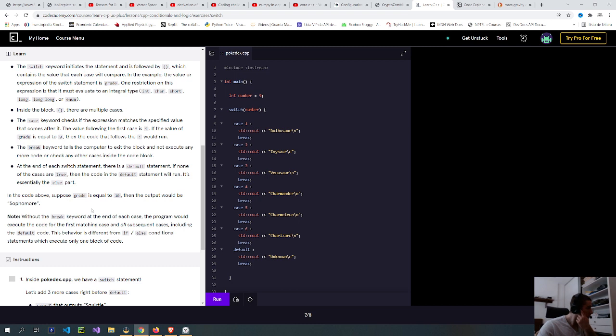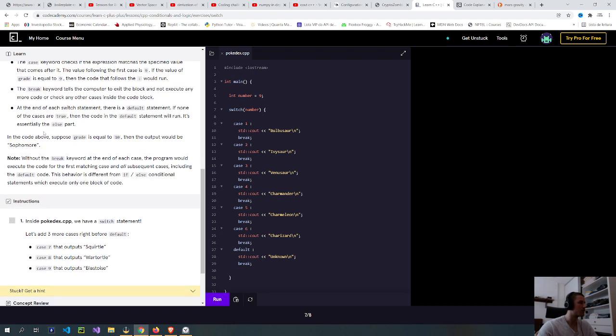The break keyword tells the computer to exit the block and not execute any more code or check any other cases. At the end of the switch statement, there's the default statement. If none of these cases are true, then the code in the default statement will run. It's essentially the else part. In the code above, suppose grade is equal to 10, then the output would be sophomore.